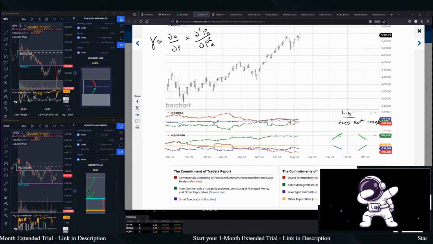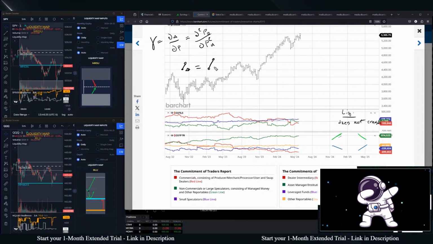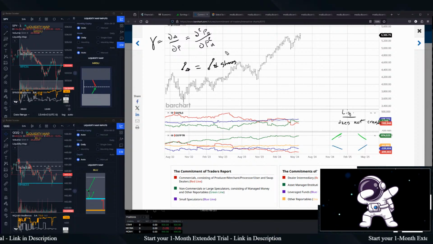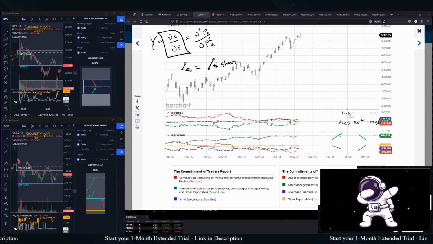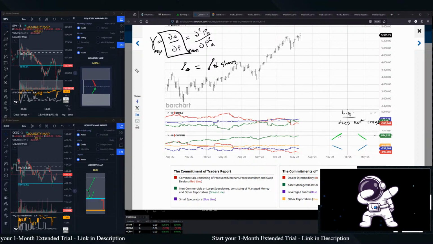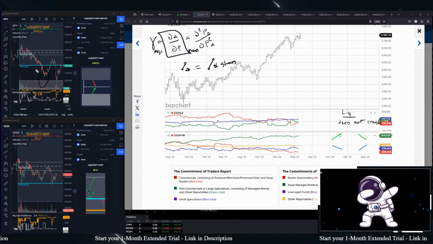So long story short, when you're delta hedging, for every increment that the price moves, every increment that delta moves is the equivalent of the number of shares you must buy to neutralize. So the change in delta equals the number of shares you buy. So the maximum change in delta, so gamma max, is the maximum change. Maximum change in delta equals the maximum number of shares bought, which is why there's a volume spike. I try to make differential equations as simple as possible, but does that make sense?